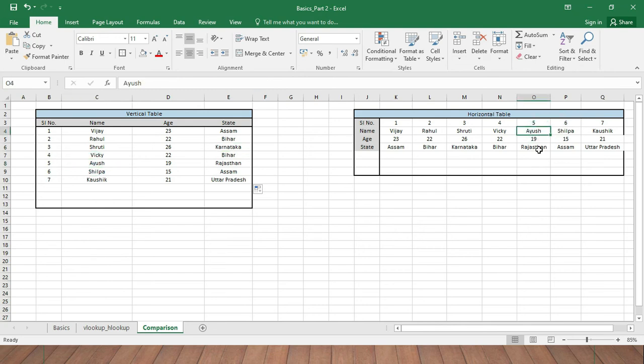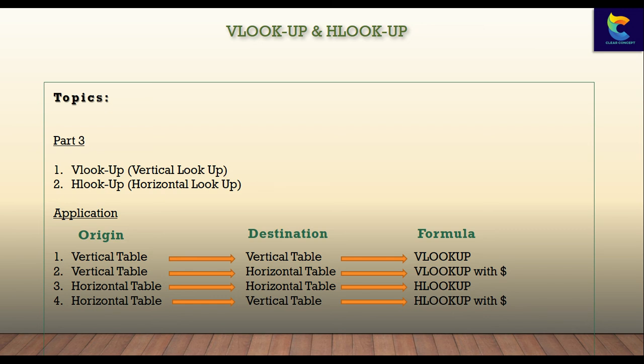Ayush, Rajasthan 19. Ayush, Rajasthan 19. I have tried to explain it in a very simple way so that it can be understood